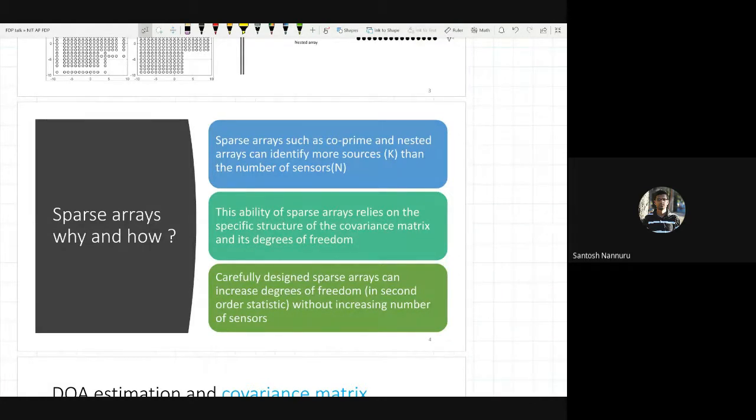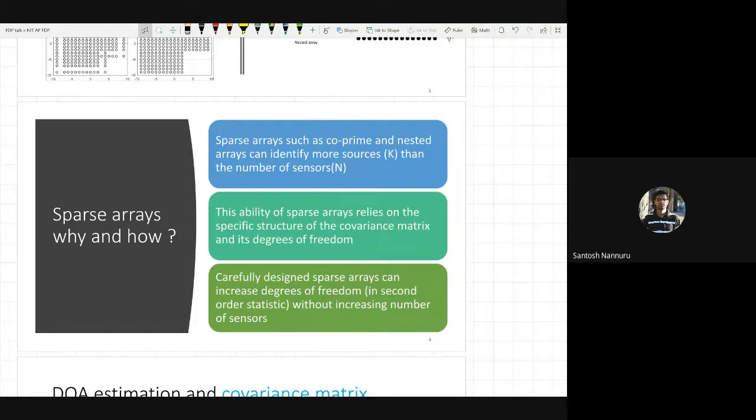Any uniform geometry you have, using that, if you have N sensors, you can find up to N minus 1 sources, irrespective of what algorithm you use. You may use the best algorithm in the world, but a uniform array will not allow you to find more than N minus 1 sources for an N sensor array, right? That's the limitation of the problem itself. So what sparse arrays do is